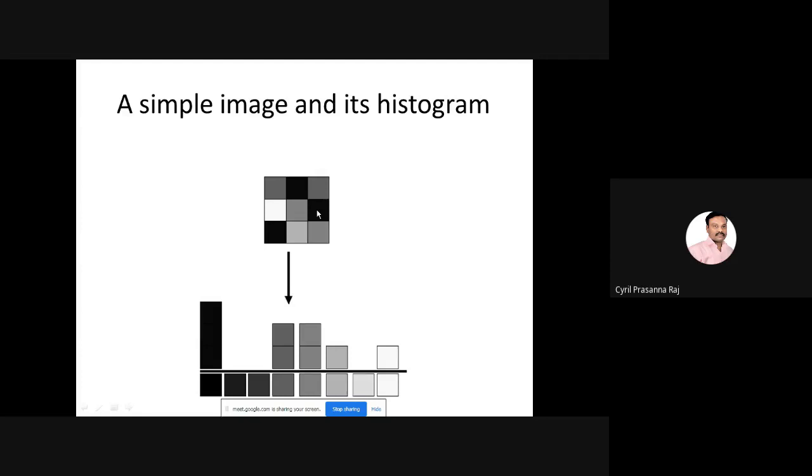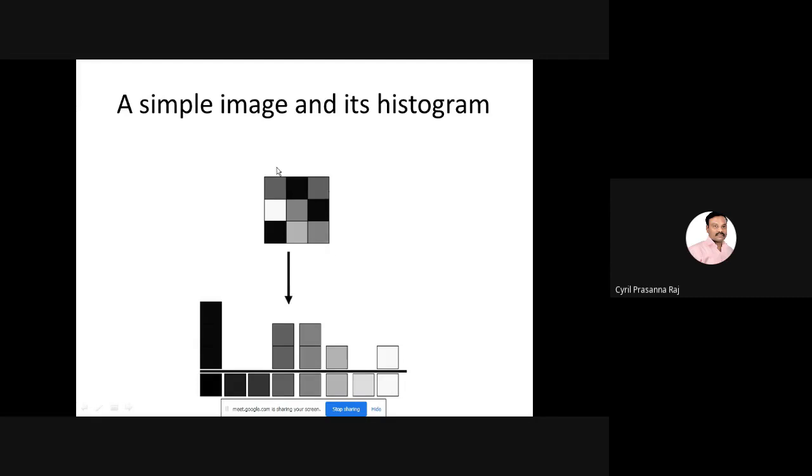Now what is the meaning of histogram? Histogram is basically a plot of all the intensity levels on the x-axis and the number of pixels with each intensity on the y-axis. Now let us take, for example, from black to white. Let us see how many shades are there. We have taken all the possible shades from black to white. Here we are assuming that there are around 8 different shades, white and black, then gray. All of them are gray scale. So between white and black, there are 8 different shades available.